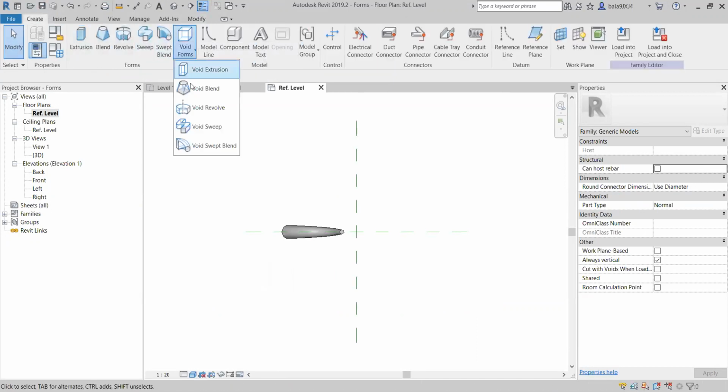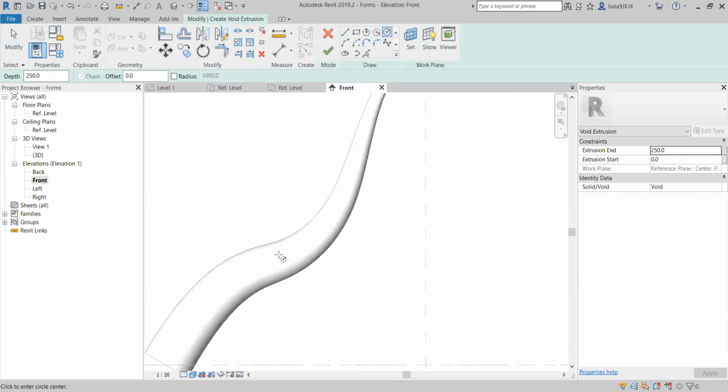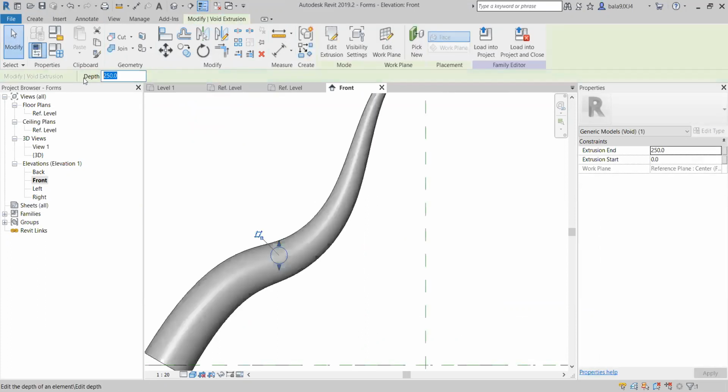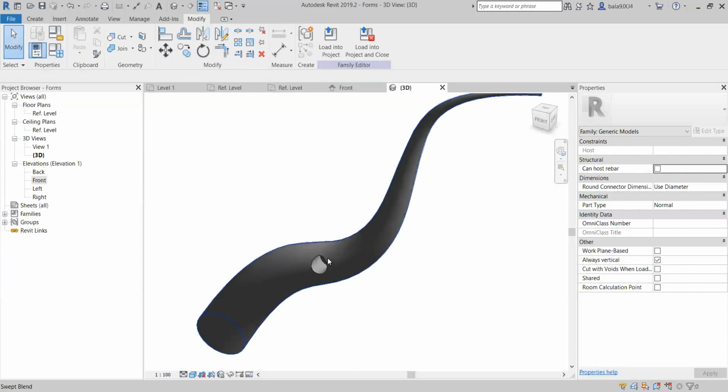If you want to create voids and hollow parts, go with voids, the same type of commands. The way you draw solids, you can draw the same voids. Let's say now I'm going to front. I want to make one hole here. First I will go to void, for example. I can draw one circle in between. I can give the depth. It should cross. Now you can see the column.